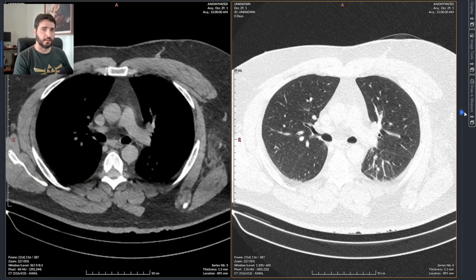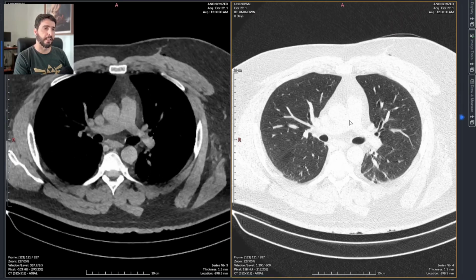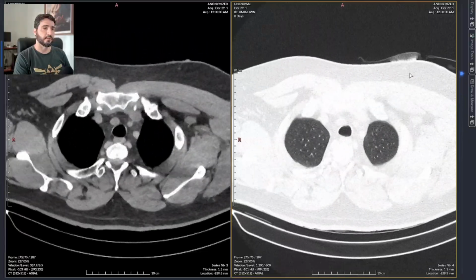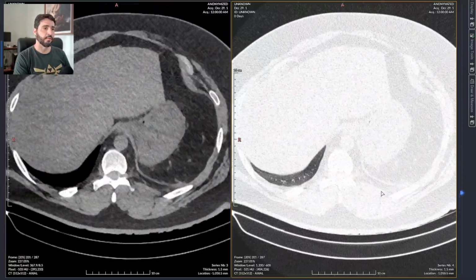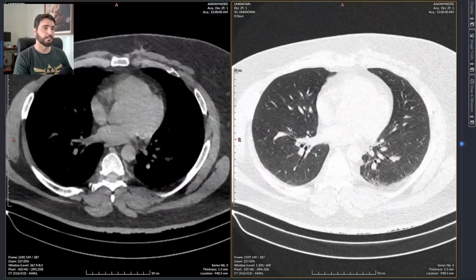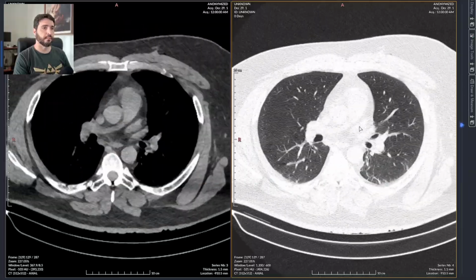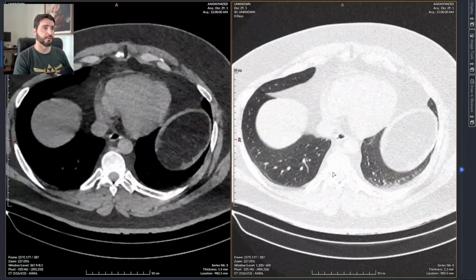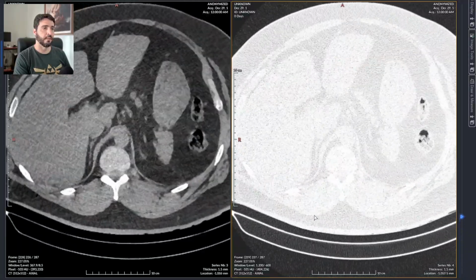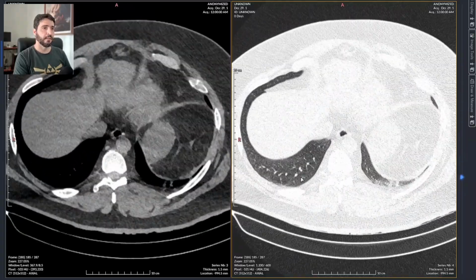So the soft tissue window here on my left is pretty normal. We don't see blood in the pleural space nor in the mediastinum, which confirms that the stab wound has completely missed major organs. So there is no free fluid in the superior part of the abdomen, so it really did